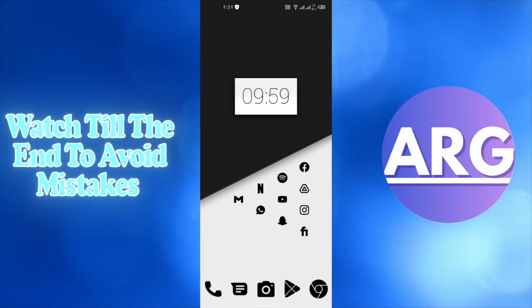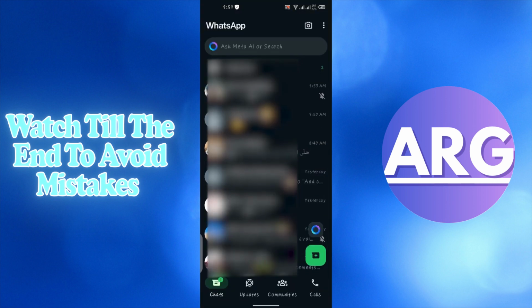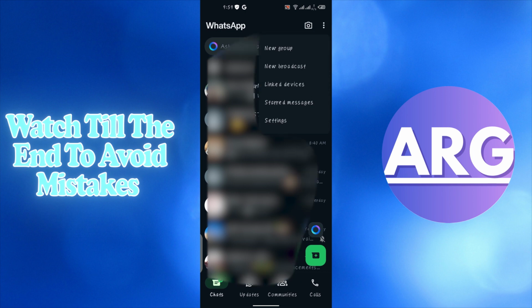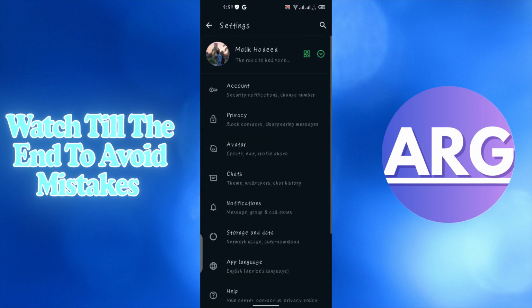Today I am going to show you how you can hide Meta AI in your WhatsApp. First, go to your WhatsApp app. Here you can see we have a search bar of Meta AI and a Meta AI button on the right bottom. If you want to remove it, click on the three buttons on the right top corner and click on settings